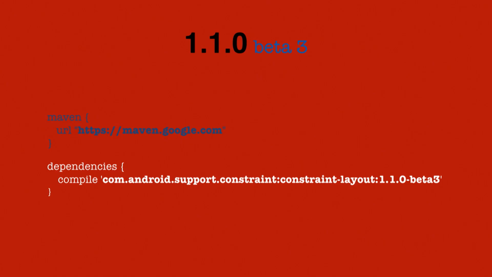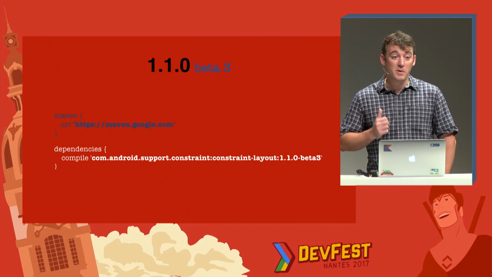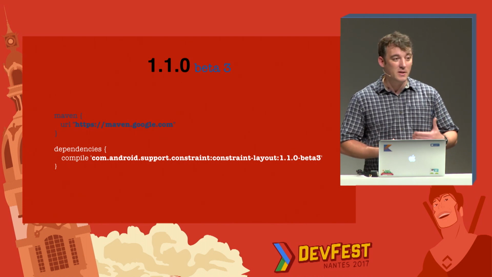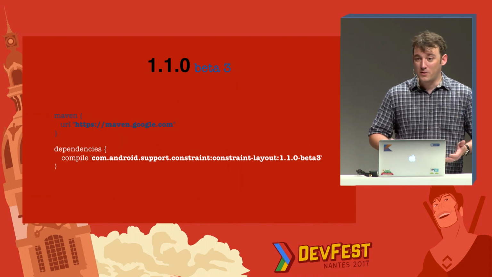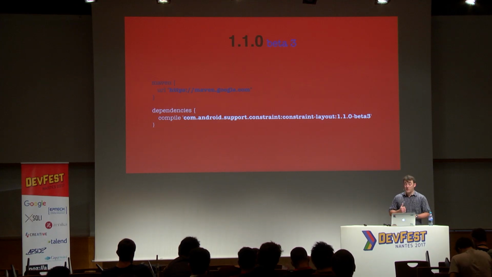So you get 1.1 simply using Maven, and that's a big step. Before, with 1.0, we were shipping constraint layout as part of the SDK manager in Android Studio. Now, we are good citizens, we are using Maven. You should know that it currently is not going to tell you that there's a new version, because we are still checking the SDK manager until we release 1.0 final, and that should be the one being picked up. But until then, you'll have to add it yourself.